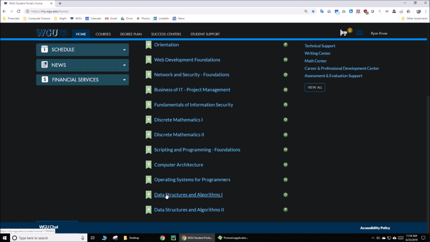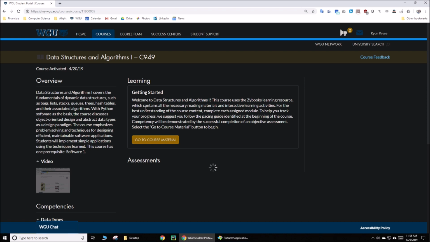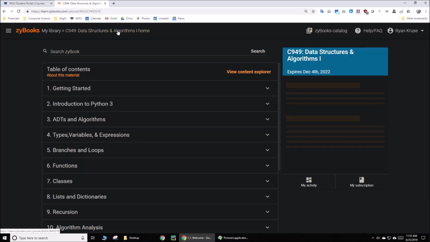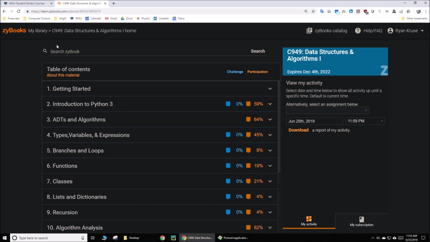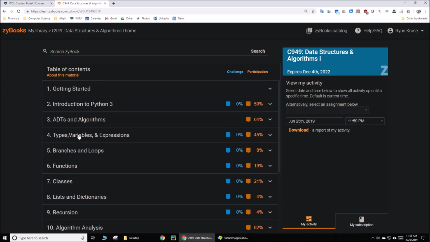If I look down here and click on Data Structures and Algorithms 1, this was the first course that I took in terms of Python programming, and this was a fairly easy course in my opinion. When I went through all the course material, I noticed that it was less about actual programming and more about understanding the fundamentals. The course really kicks off on chapter 9. I think the first 8 chapters covered the basics of Python, and they were fairly simple.